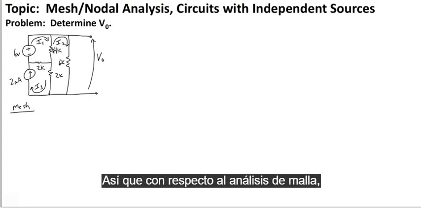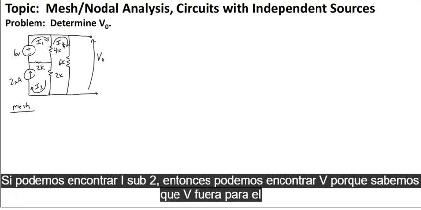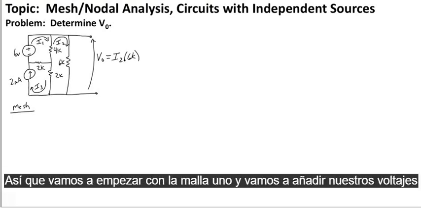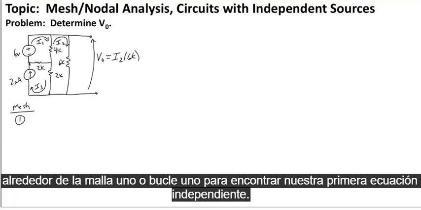So with regard to mesh analysis, V out is simply going to be 6 kilo ohms times the mesh current I sub 2. If we can find I sub 2, then we can find V out. Because we know that V out for mesh analysis is going to be I sub 2 times 6K. So let's start with mesh 1, and let's add our voltages up around mesh 1 or loop 1